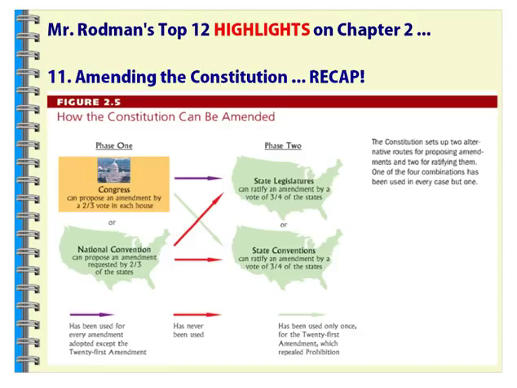That was the only one that was done in another method, and that was through state conventions. But most of them have been through Congress, 2/3 in each house approving it, and then sending it on to state legislatures, and 3/4 of those have ratified it or approved it. And this is a role where Congress proposes the amendment and votes on it. It's really the state legislatures then that approve it, which is kind of different than what we see for most things that happen because this is federalism at work.